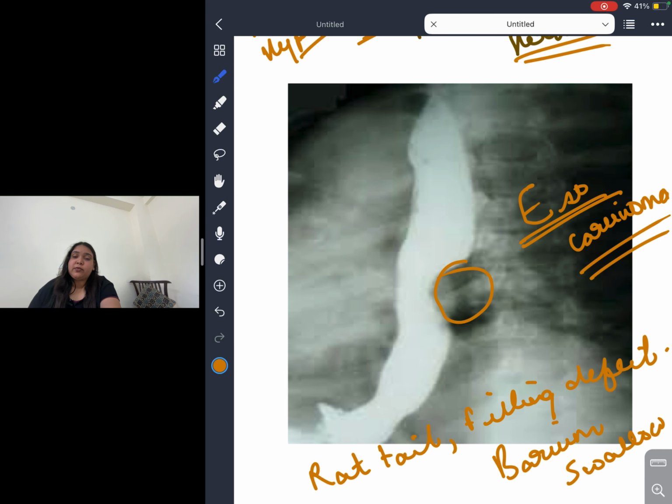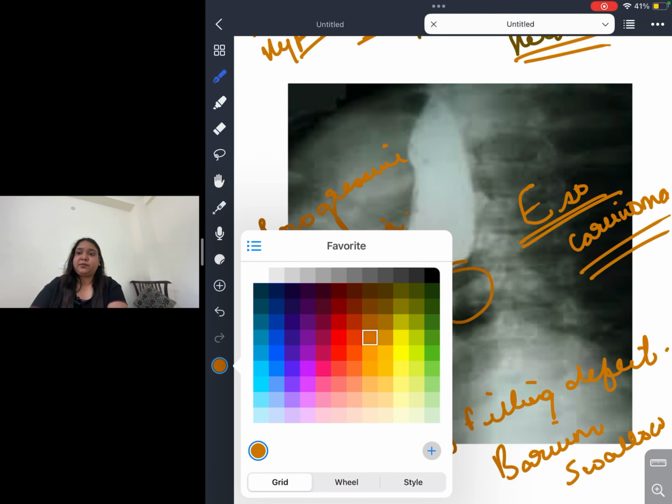So in the history of this patient, you can find other symptoms as well. You can find weight loss, hoarseness in the voice, chronic cough. But the most important thing the examiner will mention is that the person will be having progressive dysphagia. That is, the person will have difficulty swallowing food. There will be pain in swallowing food. So this was all about esophageal carcinoma.